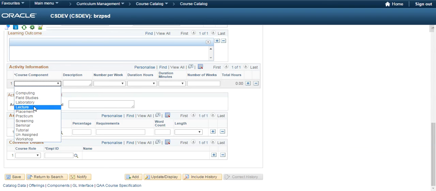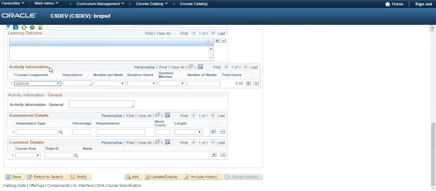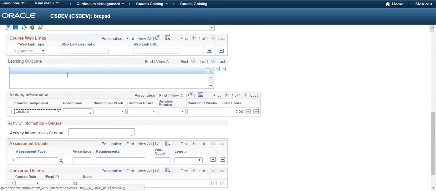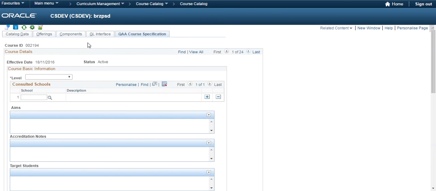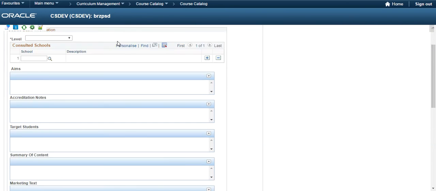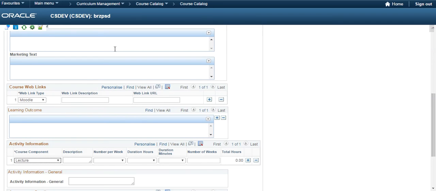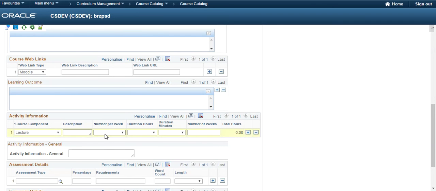Okay, you can choose from all the components, but when you're doing it live, it will only let you choose the ones that you specified in that component tab. You can't add in additional components that aren't already specified there. And you put your description in, the number of weeks that activity is going to be delivered over, the duration of the activity in hours and minutes, and the number of weeks it will run for. And then if we put the duration in, put the number of weeks in,